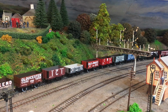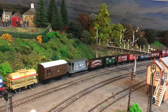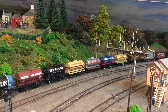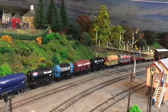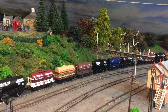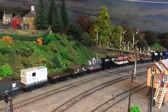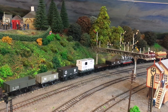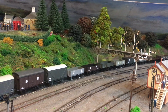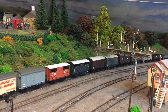57, ICI, 58. 85, 86, 87 to the brake van, 88, 89, 90 at Brotherton, 91, 92, 93, 94, 95, 96, 97, 98, 99, 100 for Williamson there, 101, 102, 103, 104, 105, 106, 107, 108, 109, 110, 111, 112, 113, 114, 115, 116, 117, 118, 119,